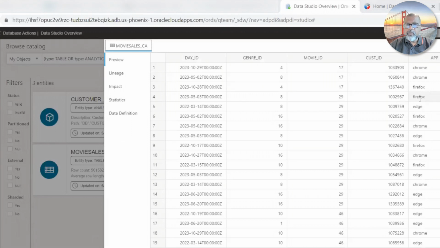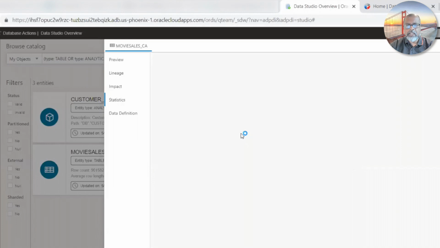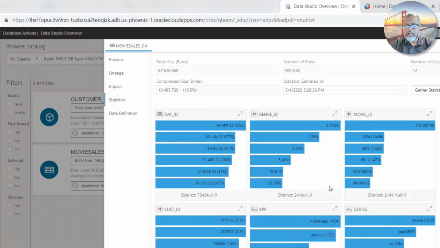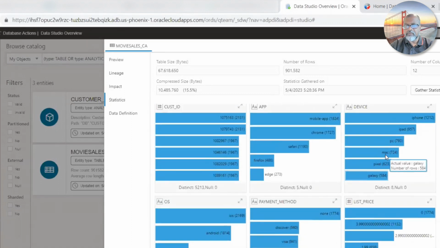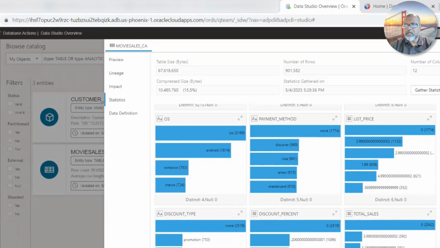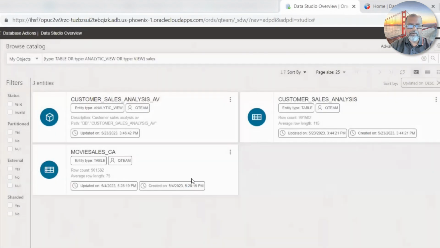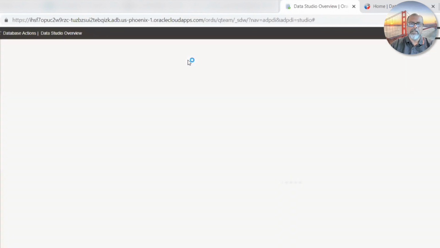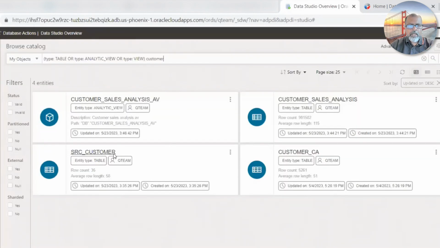All right, so I'm looking at this data. This is the data preview. I can see a quick profile of the data, the stats which are collected by the database, and I can see different movie genres, watched on different devices, etc. I can have a quick view. I need customer attributes as well. So let me look at customers. And I have